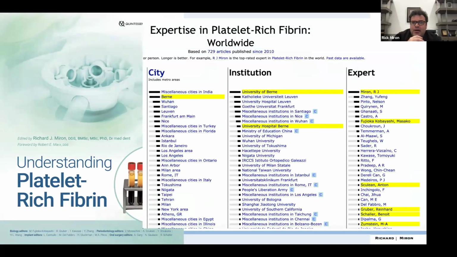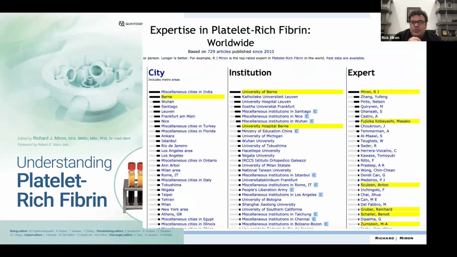One of the things that I'm very proud of, Scott mentioned that, yes, we have had a lot of best-selling textbooks. In fact, this book here, Understanding Platelet-Rich Fibrin, was the most sold textbook in the world in dentistry 2 years in a row. Obviously, it's something I'm very proud of, but I think something that I'm much more proud of